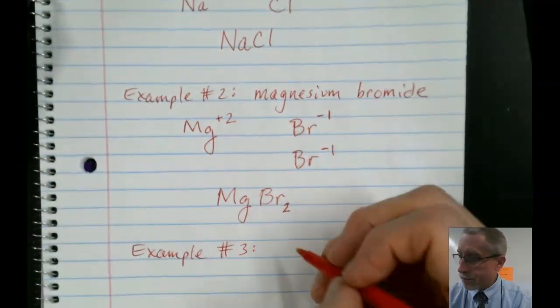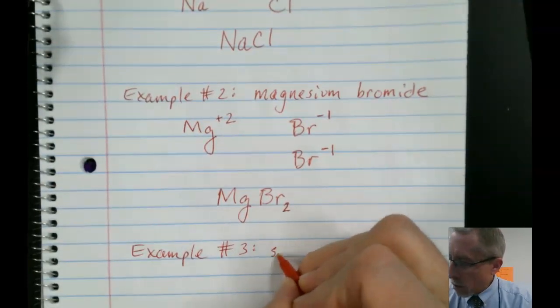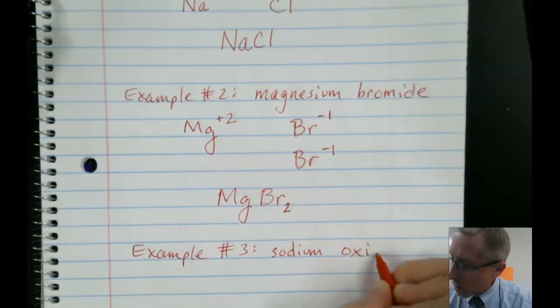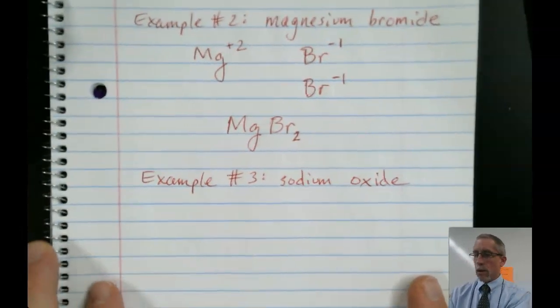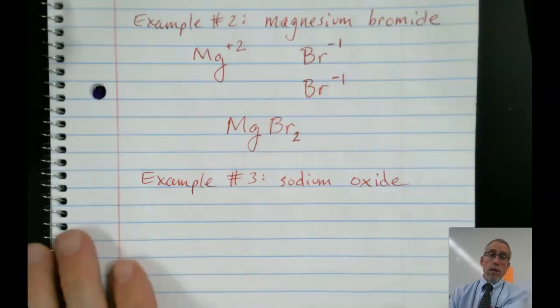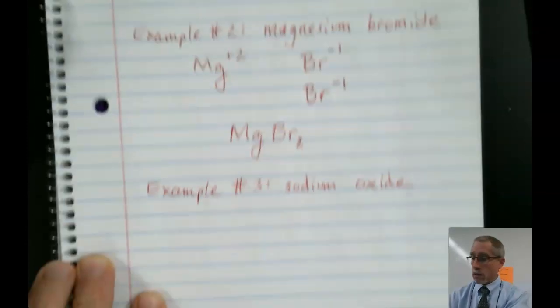Let's do a sodium oxide ion, or sodium oxide compound, we call it, an ionic compound. So we're going to write the symbols of the ions involved. Now we've already done sodium. That's the one that we did in our first one. So its ion symbol looks the same,